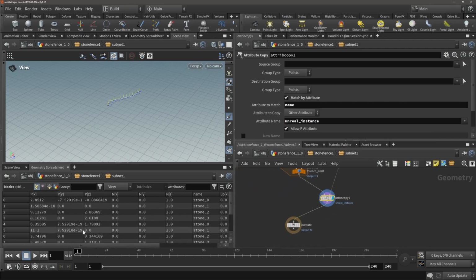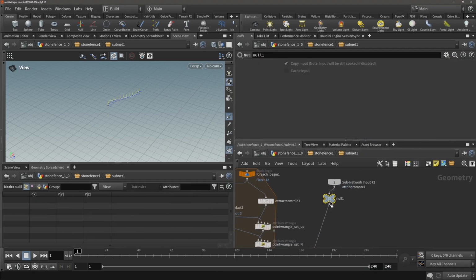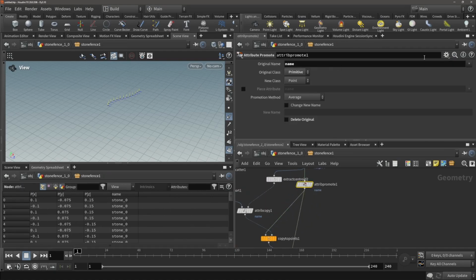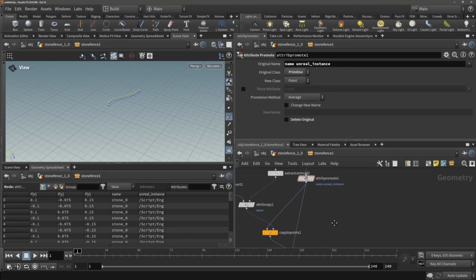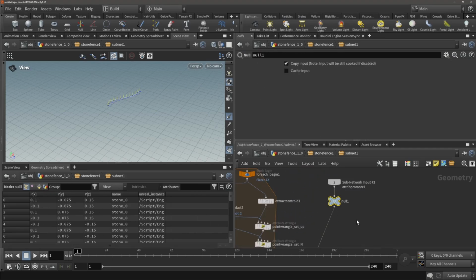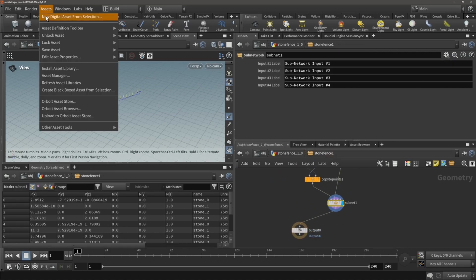So right now we should have an instance attribute if input was set up correctly. And we're missing it over here. Let's make sure it's over there as well. It then also needs to be on points. We can actually see it. Perfect. So there it is. We now wire this into the output. Again,